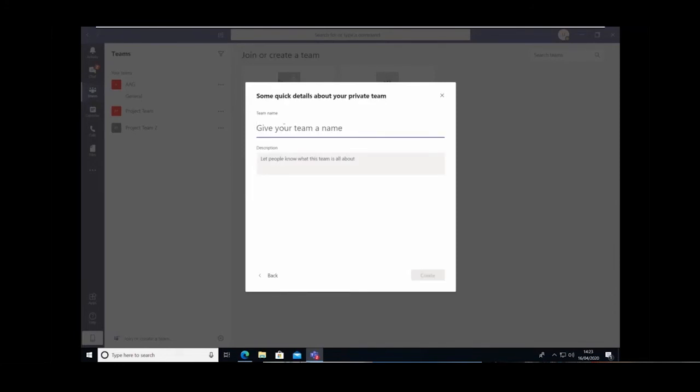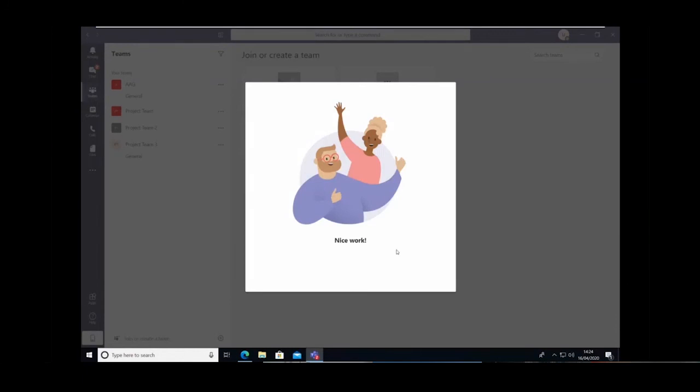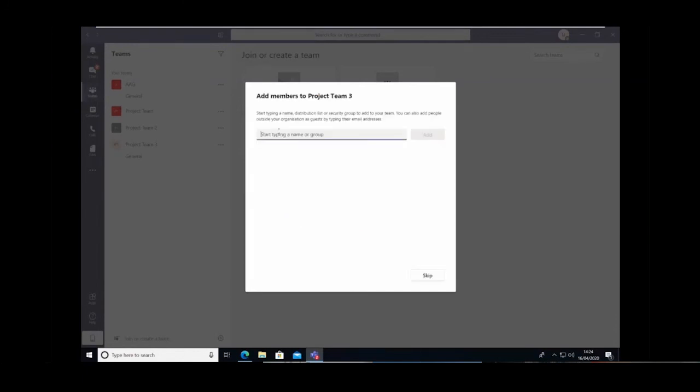I'm going to call this, going to be really imaginative here, Team 3, and we'll create that. And then I can start to invite who I'm going to make a member. In my test environment, I'm going to invite Henry, and I'm going to invite Shorty,